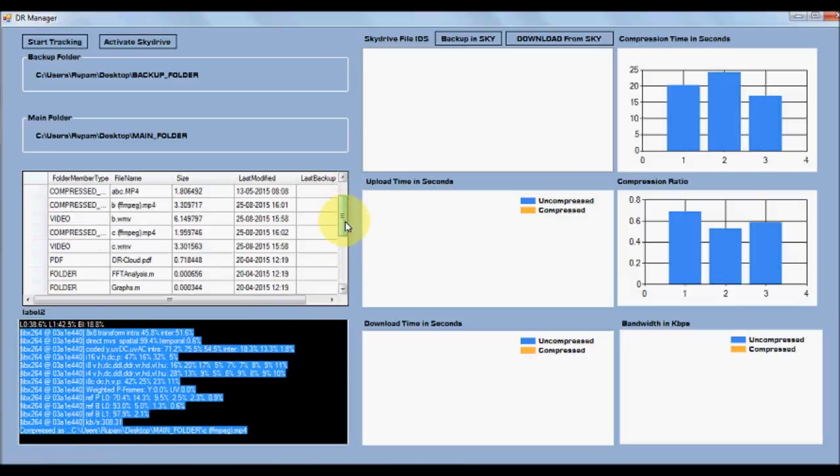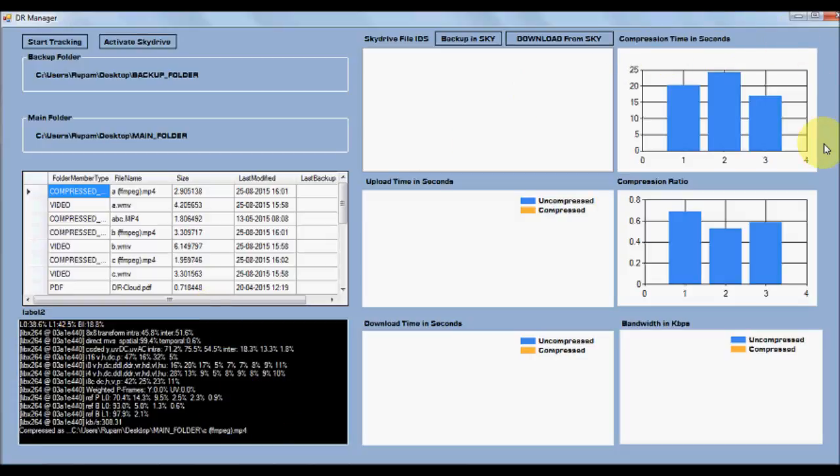Also, periodically you keep getting details about which files are present in the directory. So what we do is we say backup in SkyDrive. Before saying backup in SkyDrive, we get the compression ratio, how much the videos have been compressed, depending upon the serial number. So we get serial number versus compression ratio, as well as serial number versus the time taken for the compression. Now when we say backup in SkyDrive,